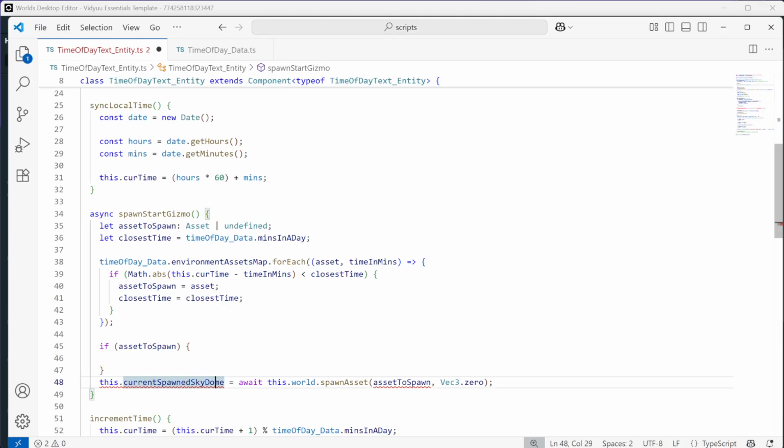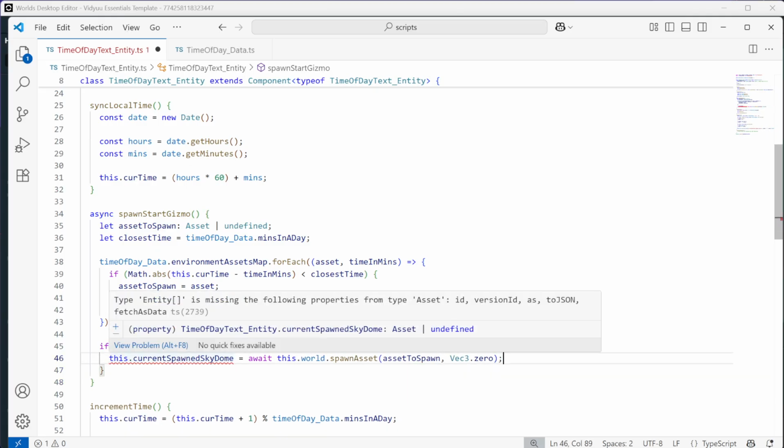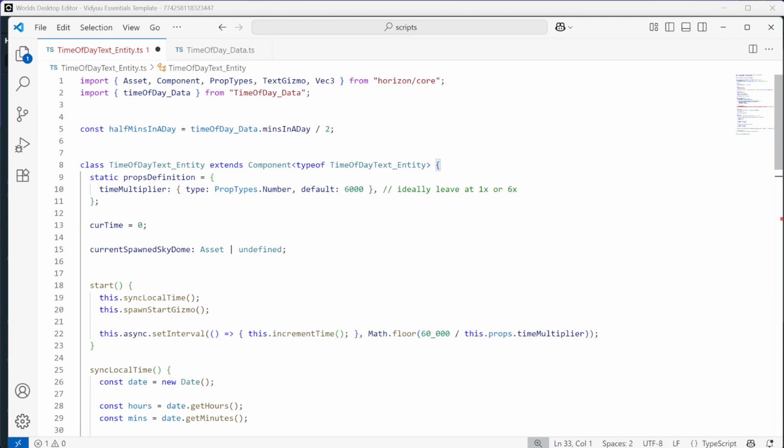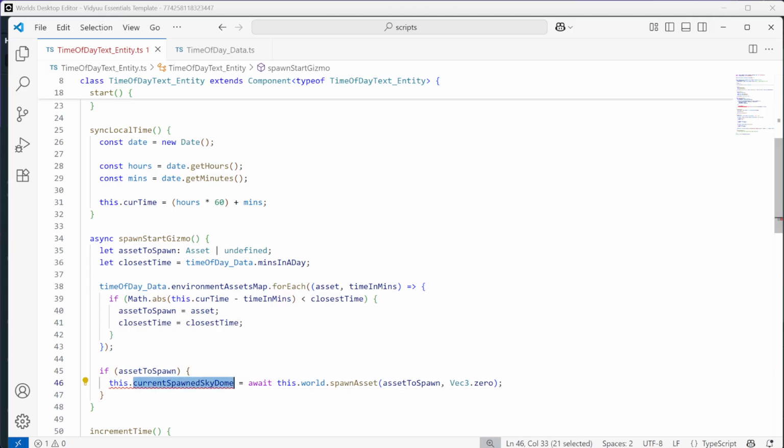and let's see. This is upset because this is supposed to be of type asset, but when you spawn something, it's actually an entity. That was just my bad. It's always hard to remember that spawned assets are entities. So anyway, that needs to be an entity. Now the second reason it's upset is because it's looking at it and it's